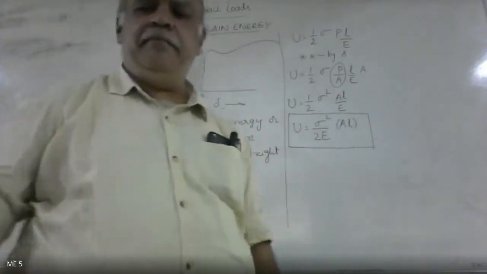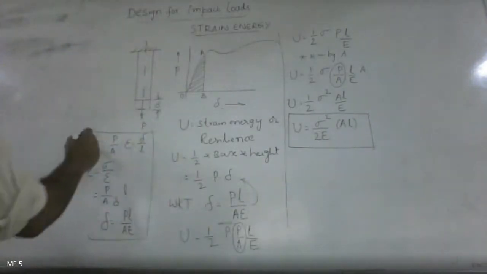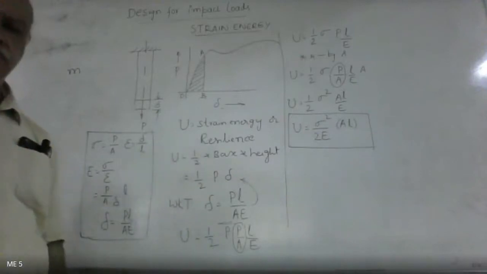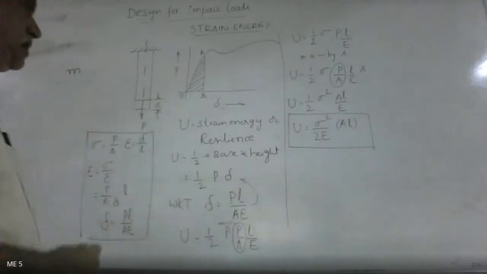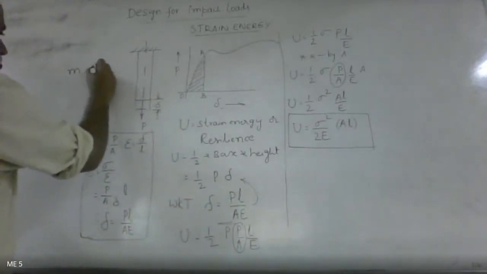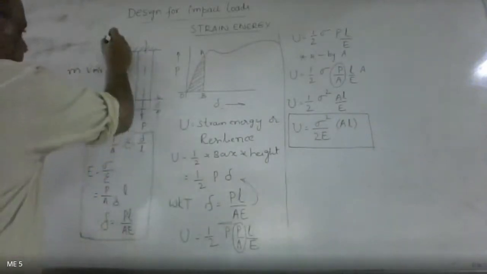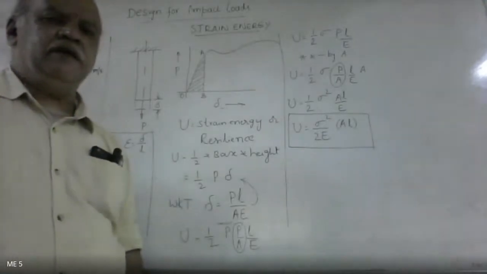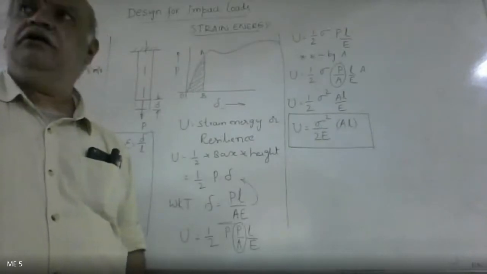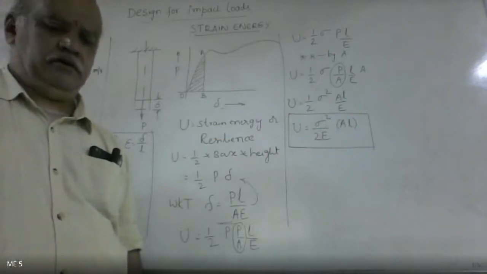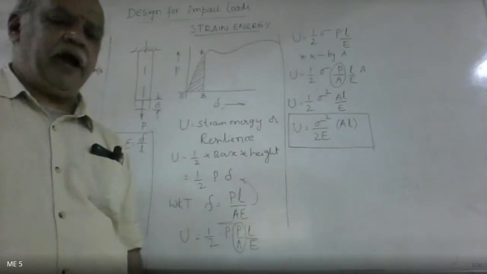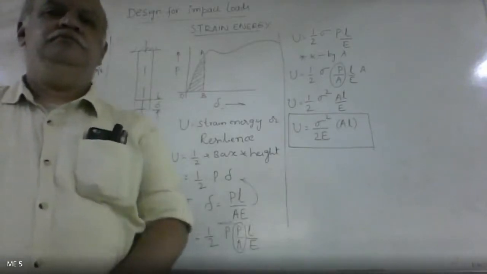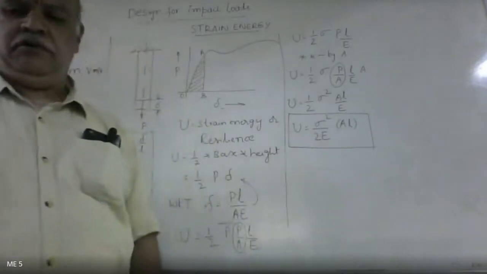If a body of mass m moving with a velocity v meters per second, the second body receives an impact energy which is equal to,